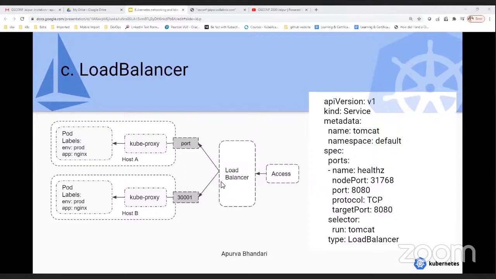If you look from the top of the service, and I'm hitting any service which is running inside my Kubernetes cluster, first it will hit your load balancer public IP, then it will go to your node port. From node port it will map to your cluster IP. Cluster IP is a virtual IP which is running inside the Kubernetes cluster. This virtual IP is connected with your services, and this cluster IP will get connected to your multiple pods.